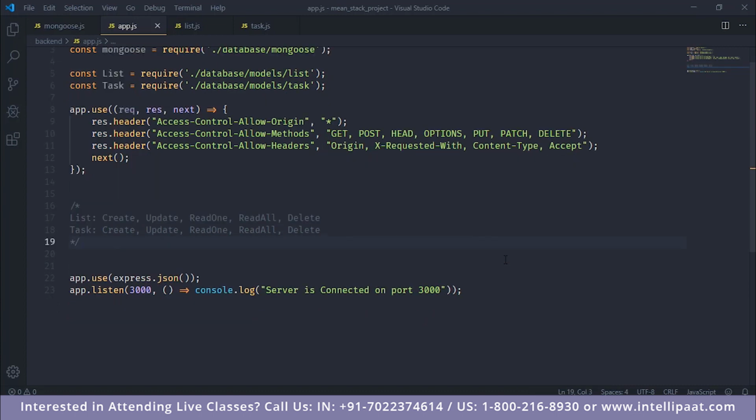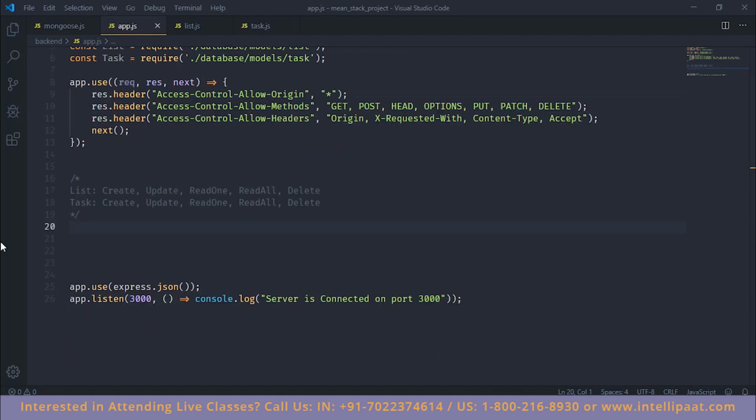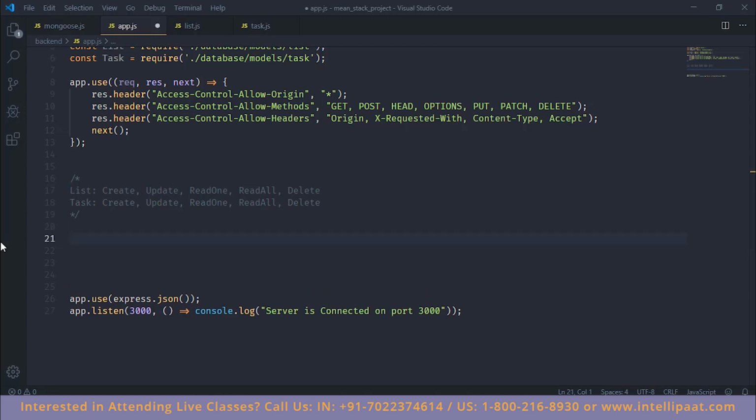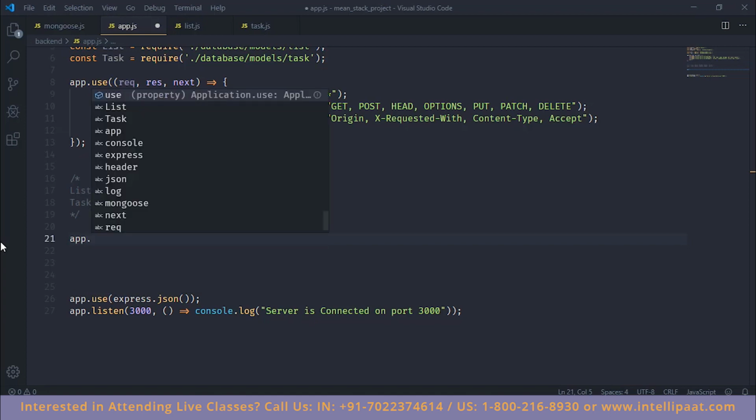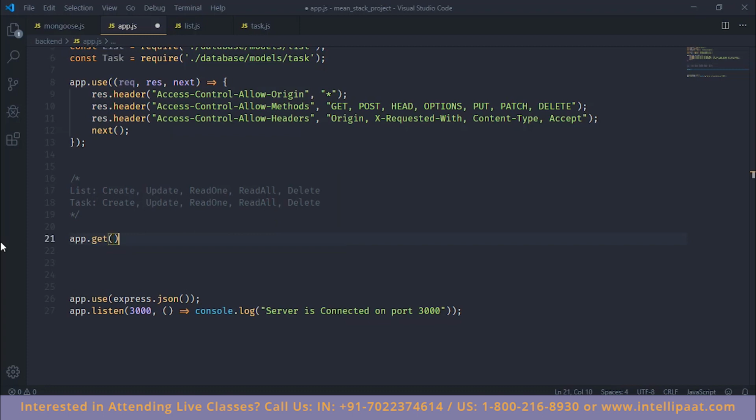So let's begin by creating each of these URL endpoints and use our models to save the data inside the database. So let us begin by creating our lists, or all the routes that are related to our lists. So first we'll create a route that will help us get all the lists that are stored inside our list collection. So for that we use the app variable, and it has a get method. Inside the get method we'll add slash, which would translate to